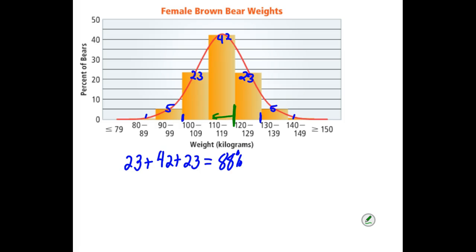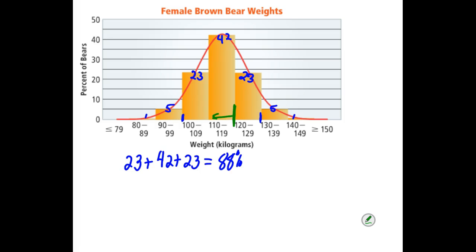Okay, so I could take 100% minus the 3 bars that are above it. That might be a little faster. Yes? So you do have some options. Remember that the whole thing represents 100%, right? So you can subtract what you don't want from 100 to get what you do want, whichever seems easier for